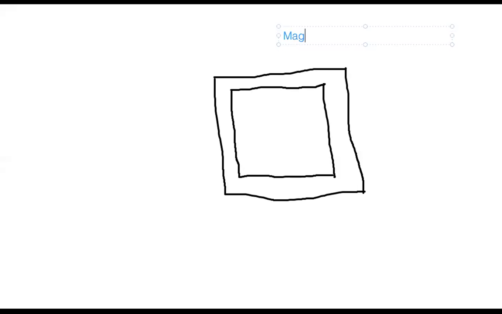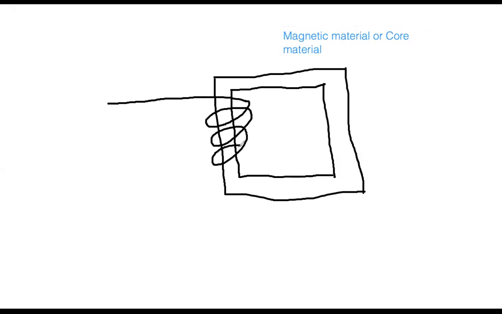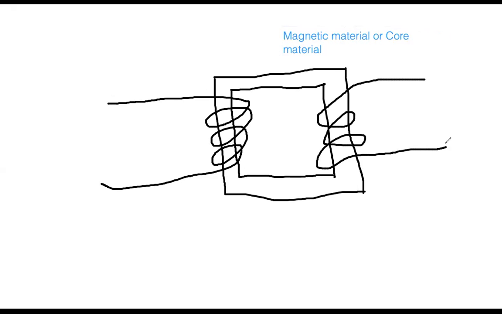It is called magnetic material, or sometimes it is just called the core material. Now, on this magnetic material, I will be placing two sets of coil. This is one set of coil, and this is the other set of coil. So can you see? There is one set of coil on the left side, mounted on the left side limb or arm of this core material, and on the right